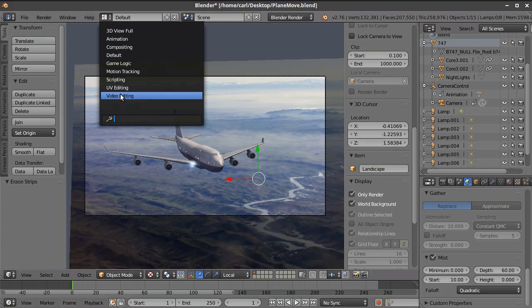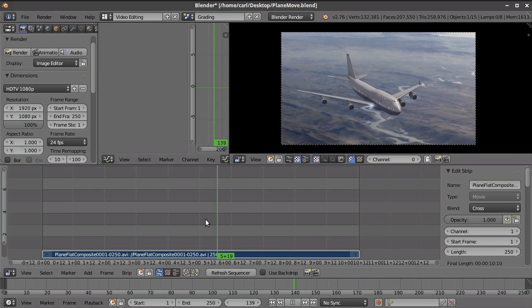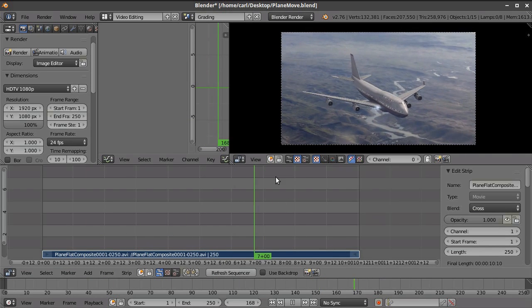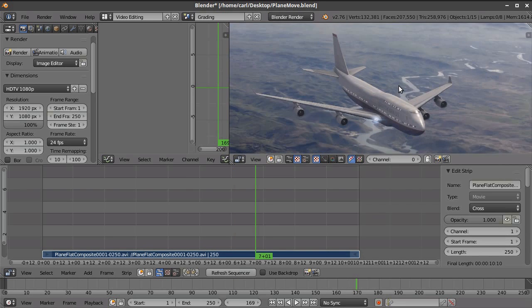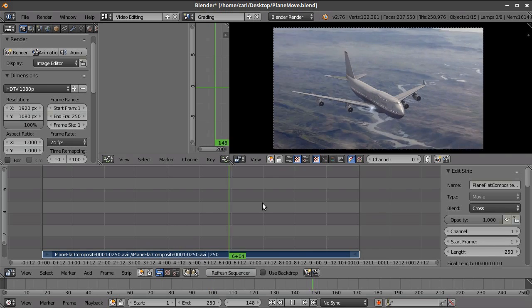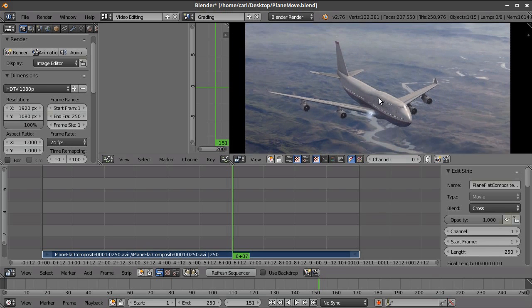If we go back to the viewport here, you can see that this is what the final composite looked like with all of those elements together. So it's kind of a flat finish to it. I turned down the saturation to 0.8, and then I also put on a decontrasting color curve